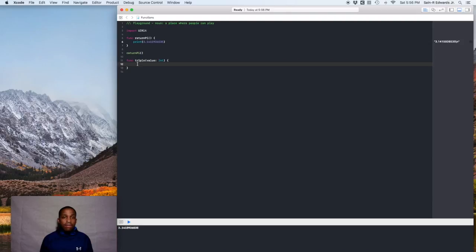And inside of our curly braces, this is what we want to do. So we want to say let result equals value, the name of our parameter, times 3. That's how you triple something, right? And then you want to use the result name, obviously, because if not, Swift's going to start telling you, hey, you got a constant that you didn't use, and it's already doing it. Look at that. So print,